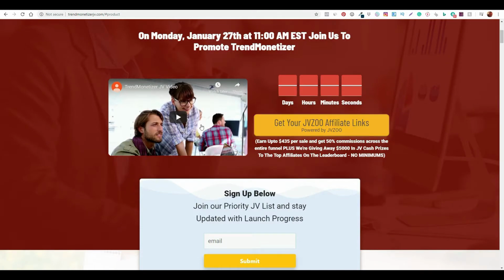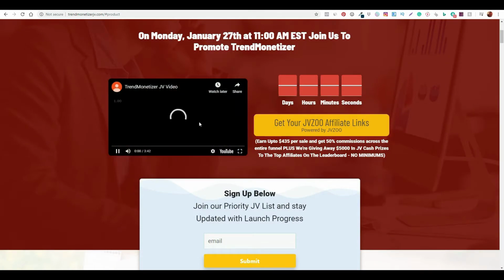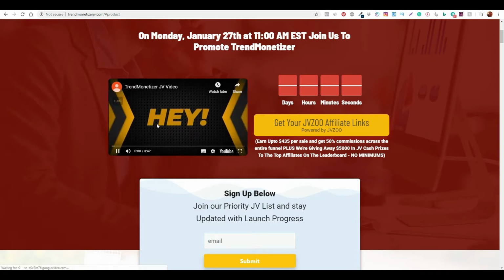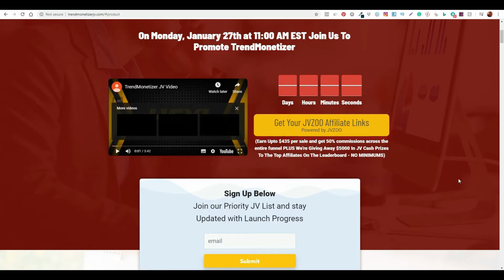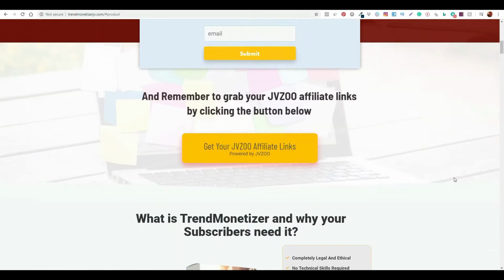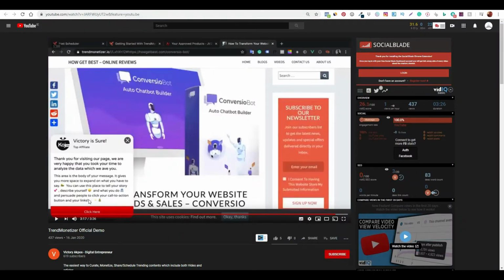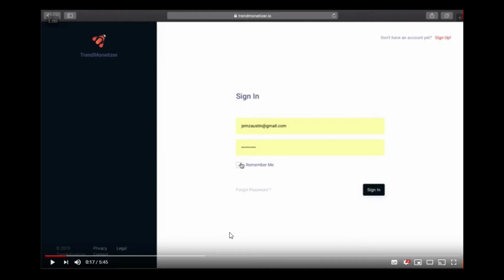Now, from what I've seen, you can have different videos, and it kind of runs you through how the software actually works. From what I've seen, I was looking at a couple of demo videos and they show the software actually running. So looking at some of these videos, this is one of the videos that's actually showing you a main demo of the product in action.